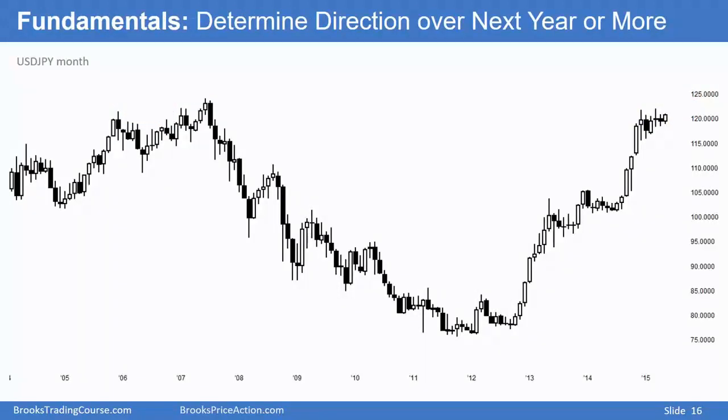This is a monthly chart of the dollar versus the yen. Without knowing the news, I'm assuming this is going to go up. We have a bear channel on the monthly chart, and it's getting very tight. The trend line and the trend channel line, it looks like a wedge bottom. 75% chance there's going to be a bull breakout. That means 75% chance soon the news will report some event and claim that it was responsible for this bull